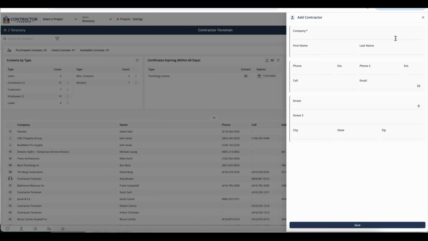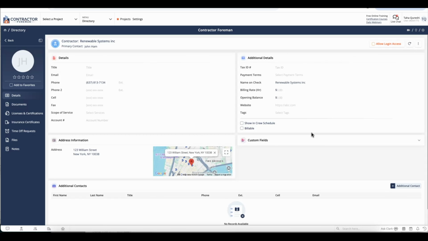For this example, I'll make up a contact for this. So I'll call this Renewable Systems Inc. And maybe we can name this person John Ham. We'll give them a number and we'll make up an address, 123 William Street in New York, and hit save. And we now have a new contractor within our directory. We can add in some more information, including titles, project manager, his email if needed,